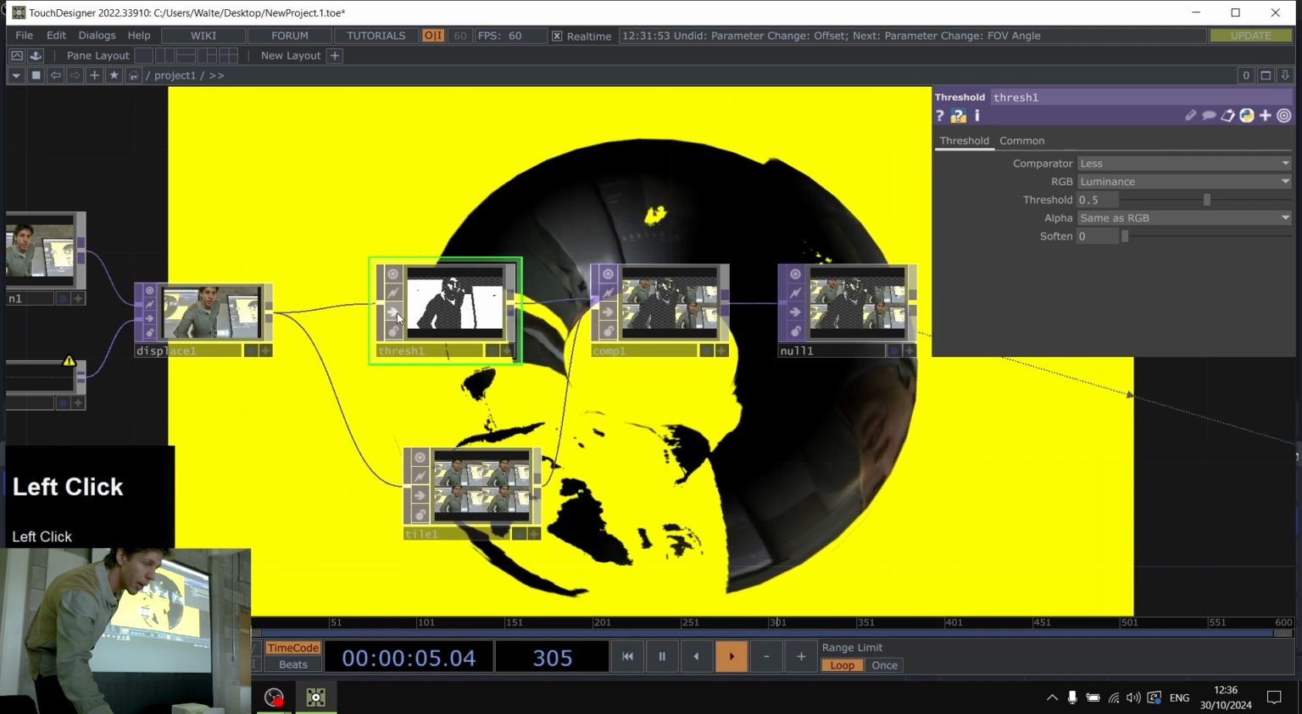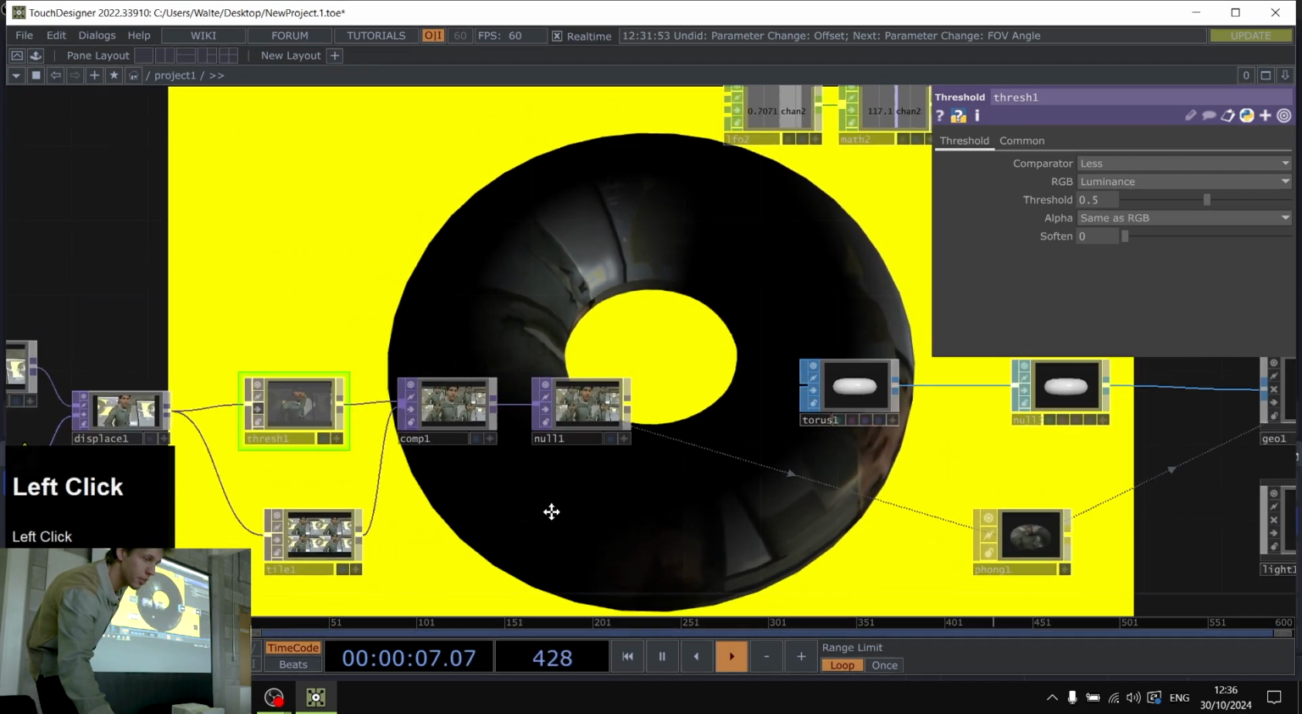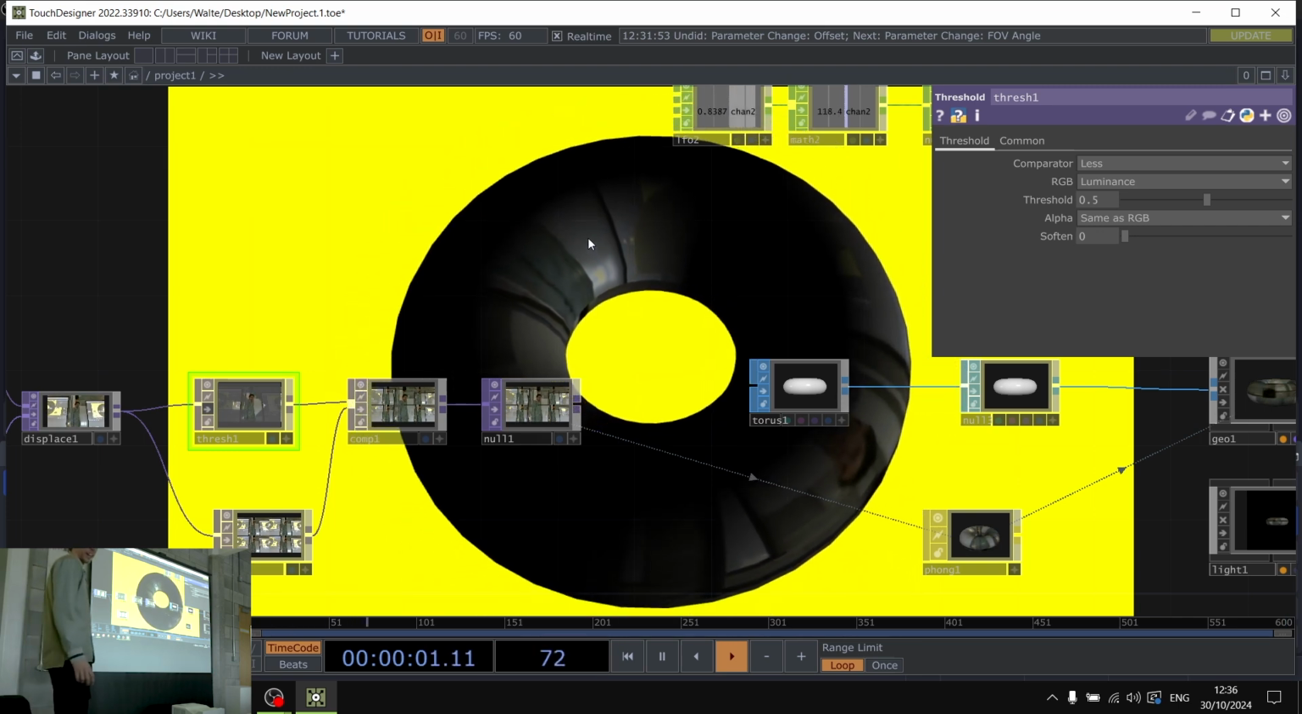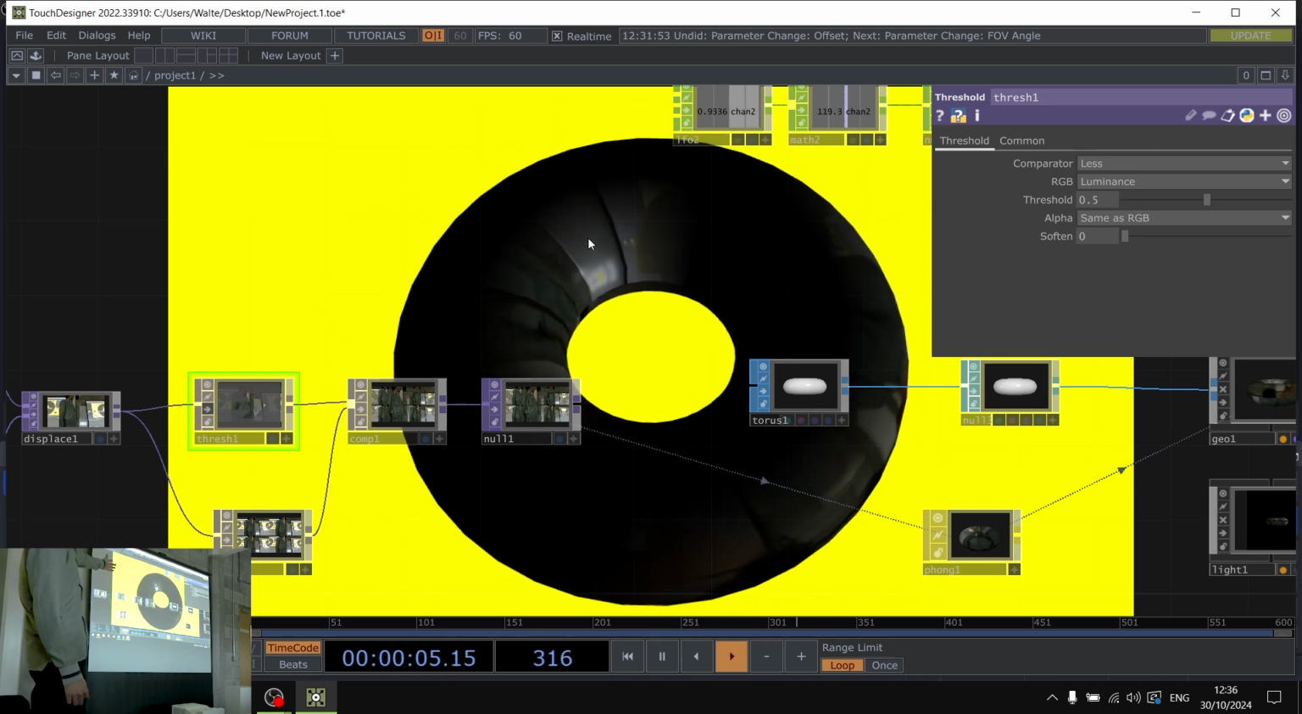I'm just gonna bypass this threshold because it's causing me opacity. And now you can see somewhere in there, other ends. Hello. I've mapped myself onto the torus. What a great story. Anyway,